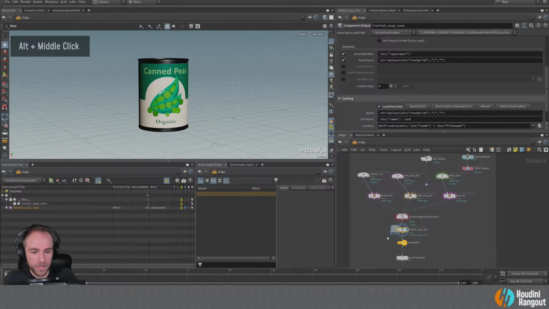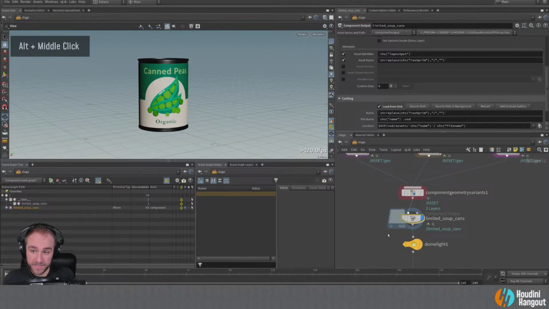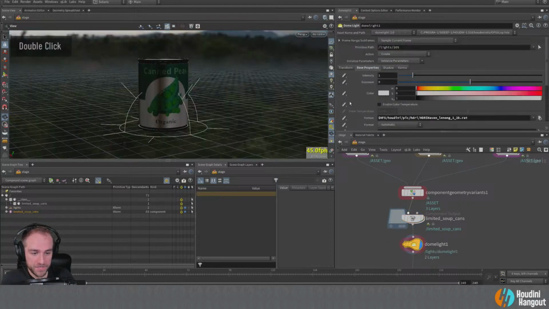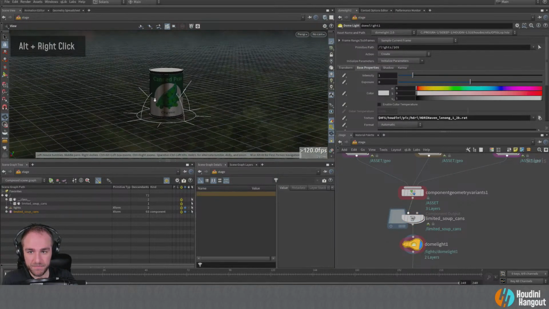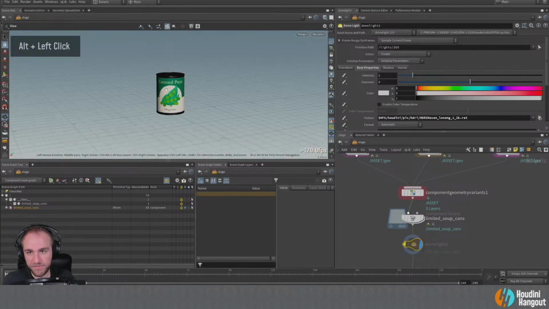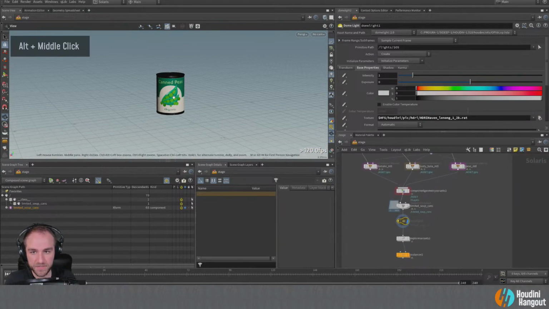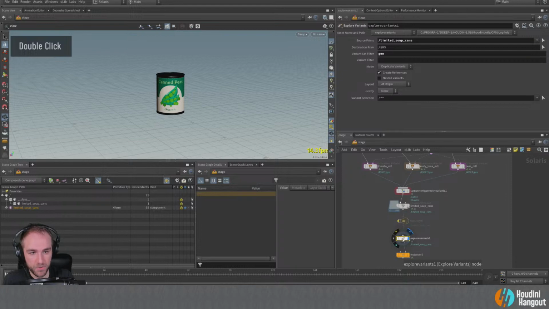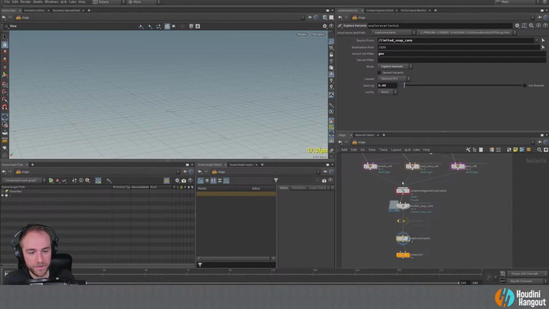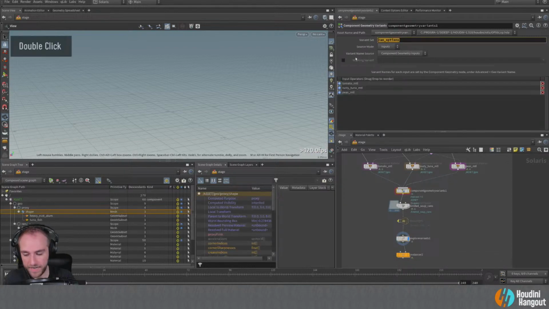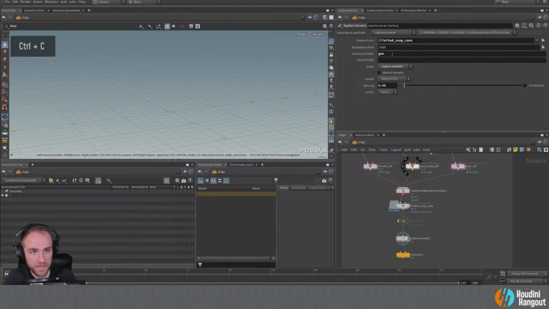So what we can do with this then, what are variants? What do they do? What are they good for, right? So I'm just going to throw a dome light in here just to kind of make it maybe a little more visual, or we can turn that off for now, actually. That's maybe actually a little too hard to see. But let's explore this variant. So we're going to click on Explore Variants and explore them this way. And the variant filter that we want is the one that we named here, which are can options. So we're just going to set that in there.